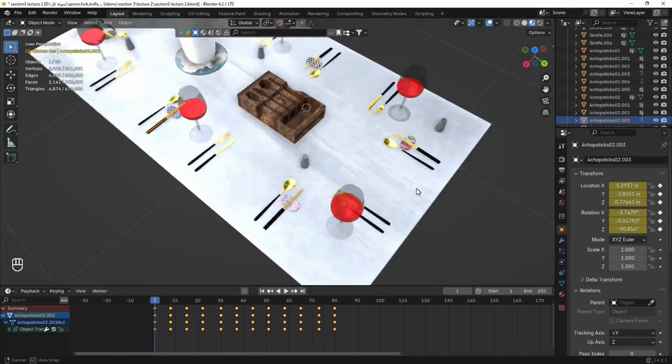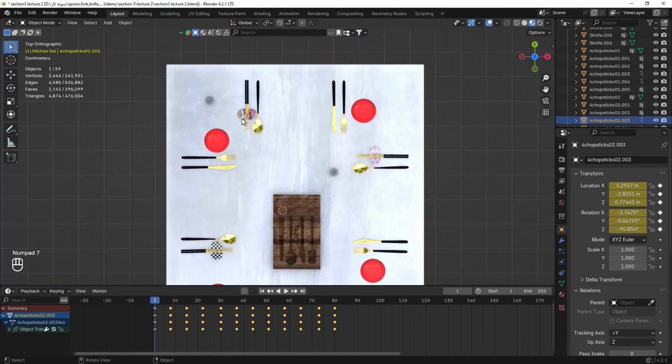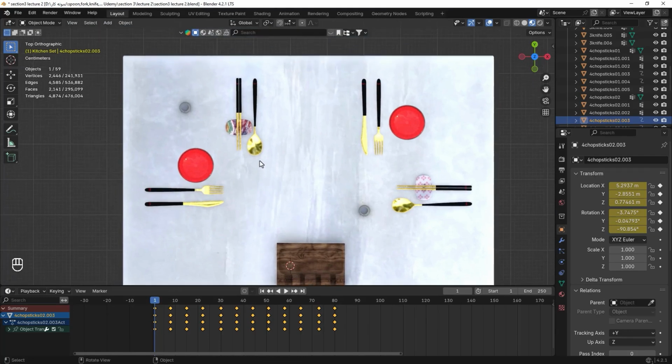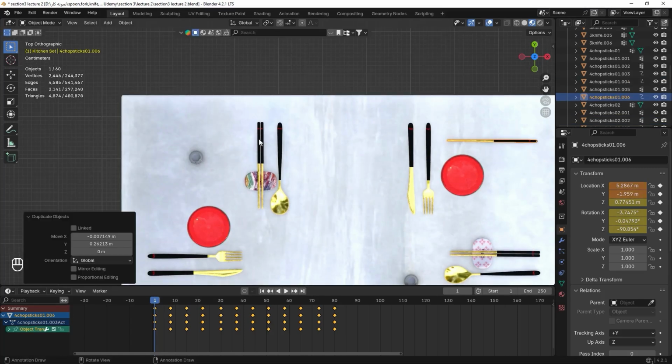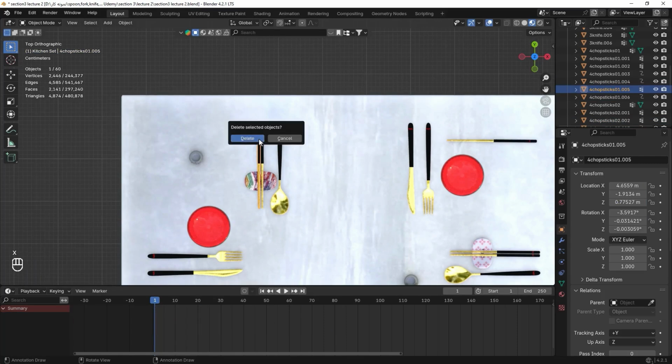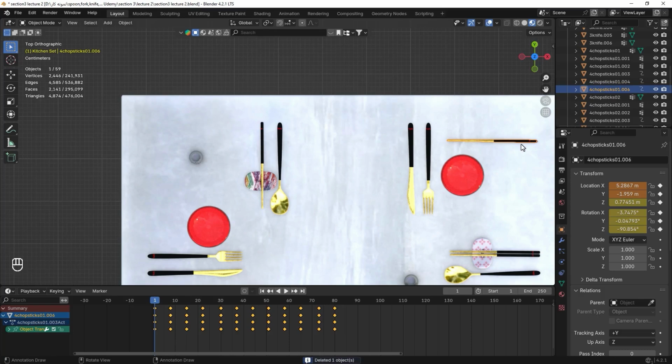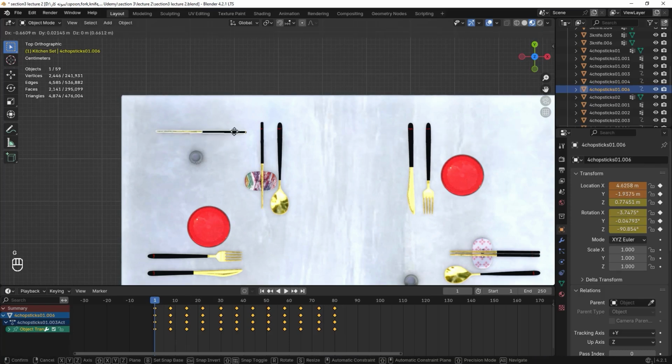Well, for these chopsticks, which are in a different direction from the previous chopsticks, we must make some changes after duplicating, because the previous ones were in the Y direction and these are in the X direction. So by pressing Shift and D we get a duplicate,